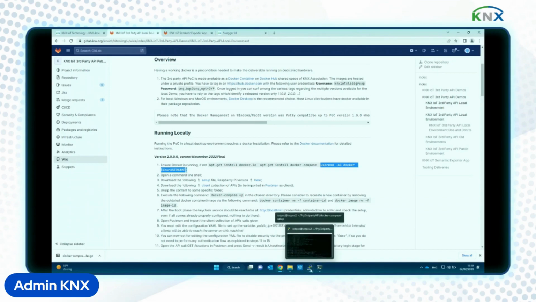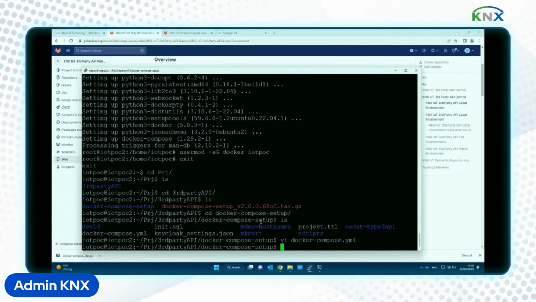But there is something that needs to be protected by a password. Some of the images are simply free and publicly available, while there is one, the Type 3 API, which is not. So my tip is that you can do docker login,